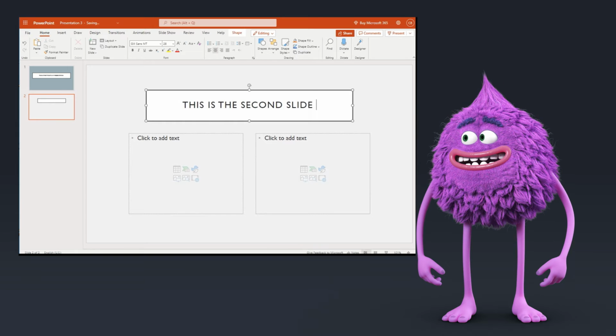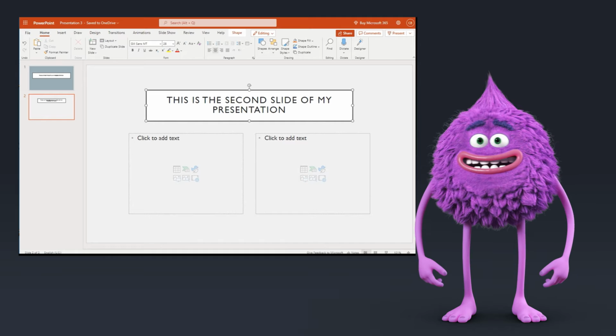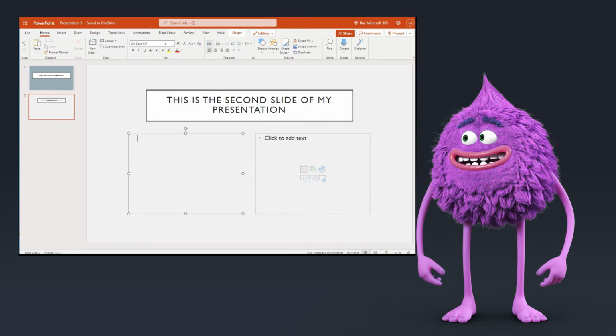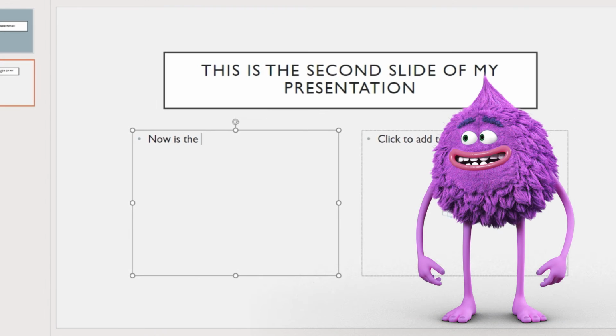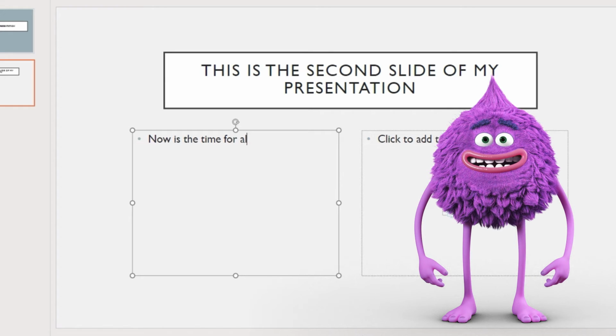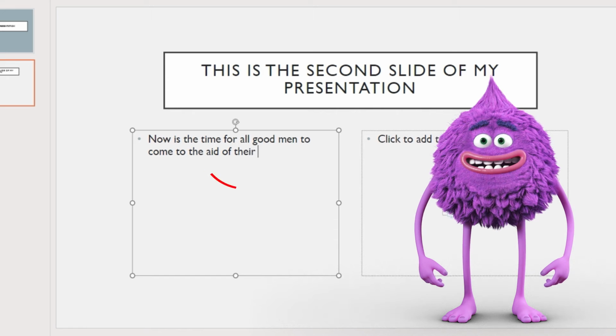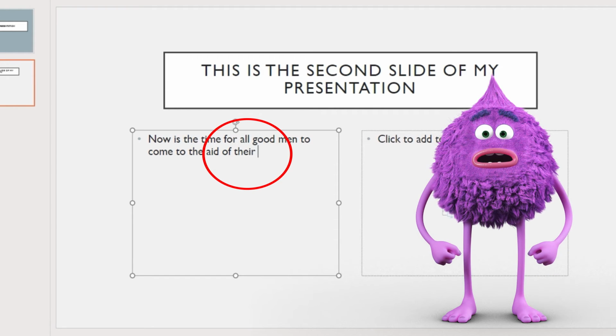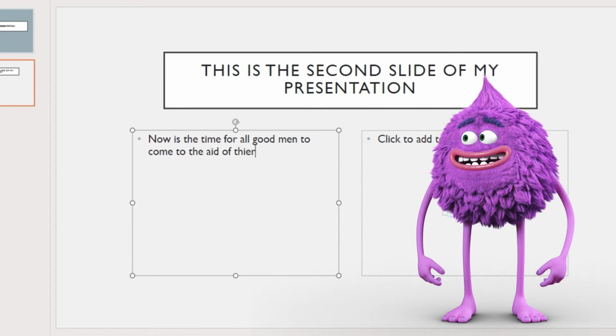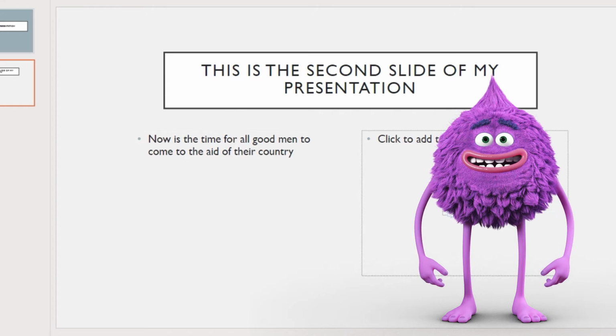Again, you can see that the text boxes keep anything you write within the limitations of the box. Here's a sentence I remember from typing class a long time ago. Now is the time for all good men to come to the aid of their country. And hey, did you see that? PowerPoint automatically corrected my misspelling, just like the other Microsoft apps do. Very handy, I must say. Now, for this other box,